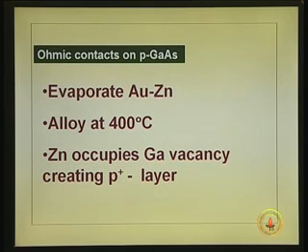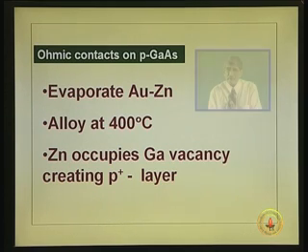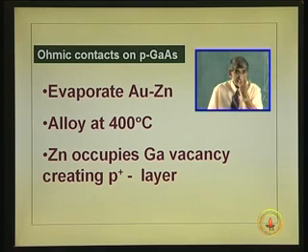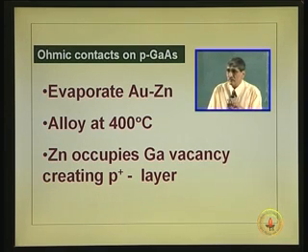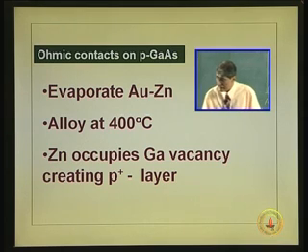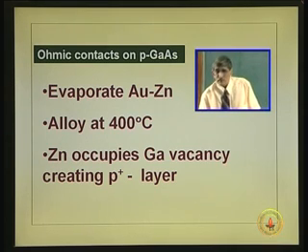What about p type? In fact, even in p type, if you want to make a good contact, you better make it p plus. The moment you make it p plus, the barrier thickness becomes very small. As a result, the effective barrier height becomes very small. Okay. So, what you do is, instead of gold germanium,